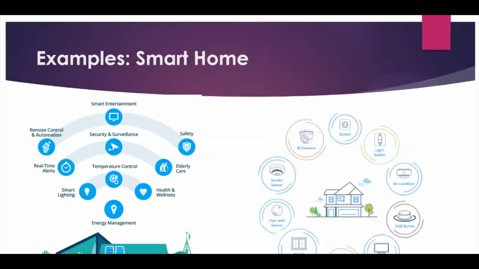Health and wellness is there, elderly care is there, security and surveillance cameras are there which can monitor, like, if at an odd timing somebody is there and the face is not matching with the database, it means that the person may be a suspect. Suppose 12 to 4 a.m. in the morning, it can trigger an alarm to the owner that some new person is visiting or is nearby your house. Then smart lighting, many real-time alerts, remote control, automation, all these things are there. So this is an example of time series data, because with respect to time you are monitoring the things.